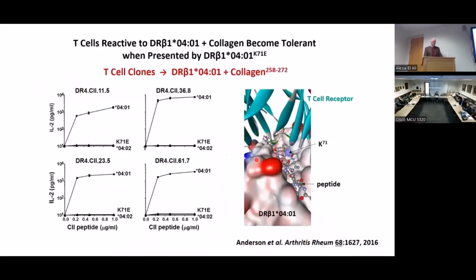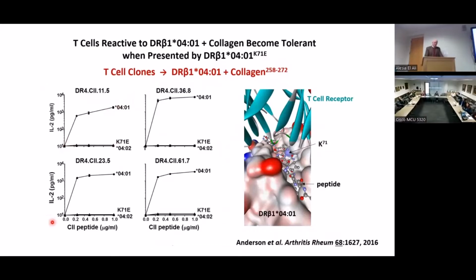what about patients who already have RA and they've got these T cells that have already been activated? So this is what the T cell receptor sees. The T cell receptor sees an HLA molecule plus a peptide. So we have 4 clones of T cells here that are all specific for 0401 plus collagen. And you can see if you rest them, they go back to their quiescent state. And then if you increase the amount given collagen, you can see a nice robust response by IL-2 production in